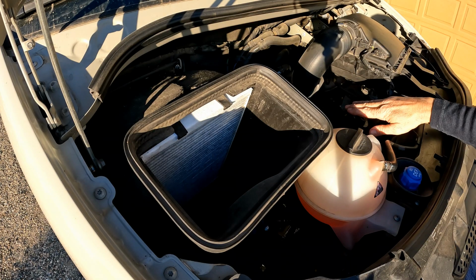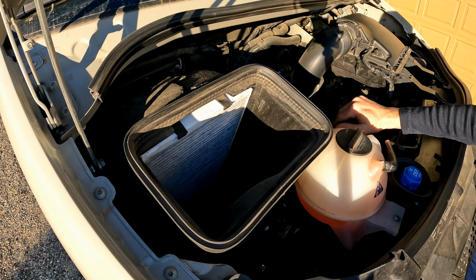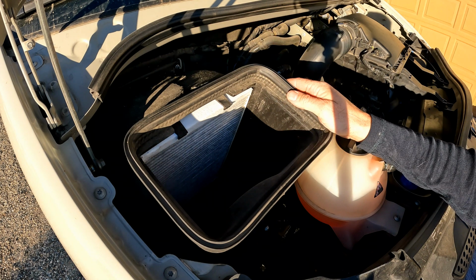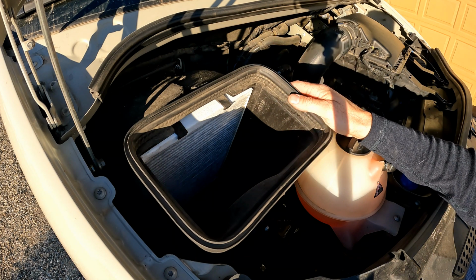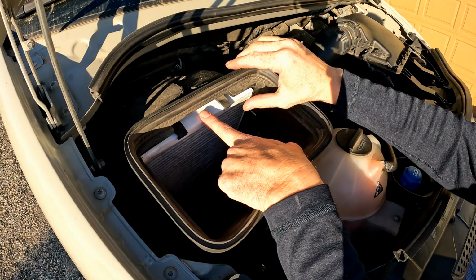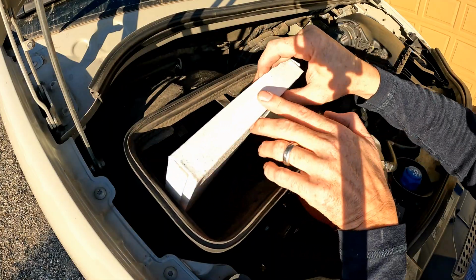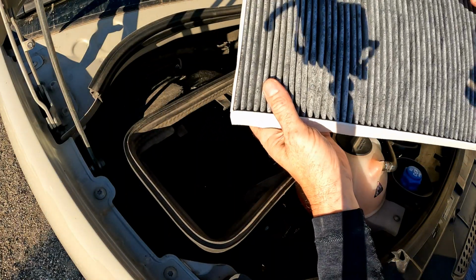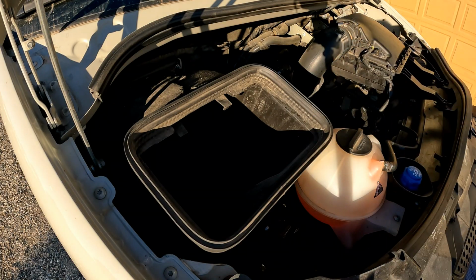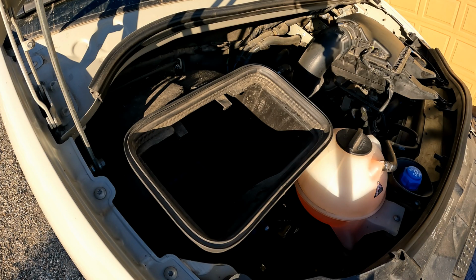Okay, we have our oil back in, the cap's back on, so we have 12.5 quarts of oil in there. The next thing and the last thing that I want to do is to change the cabin air filter, and this is about the easiest part of the whole process. So basically you see these two tabs right here, just push down on this, pop it out from those tabs, and the filter just pops up. You can see I've got a little bit of stuff in there. This is not that old either. So we'll take our new filter,